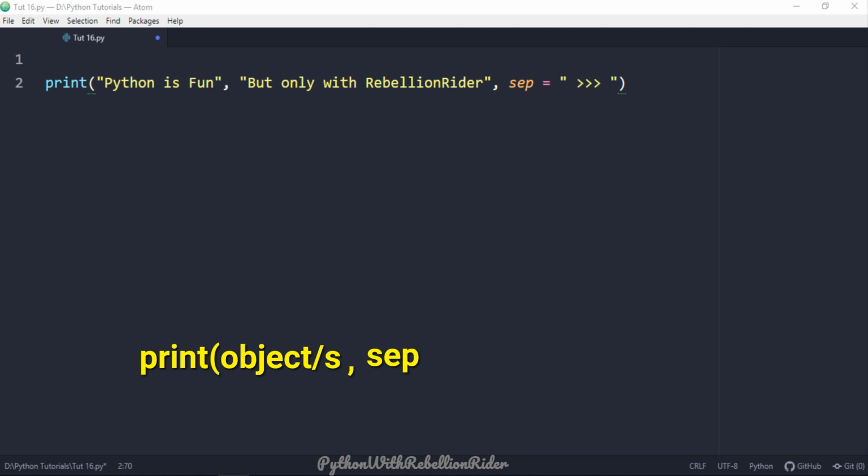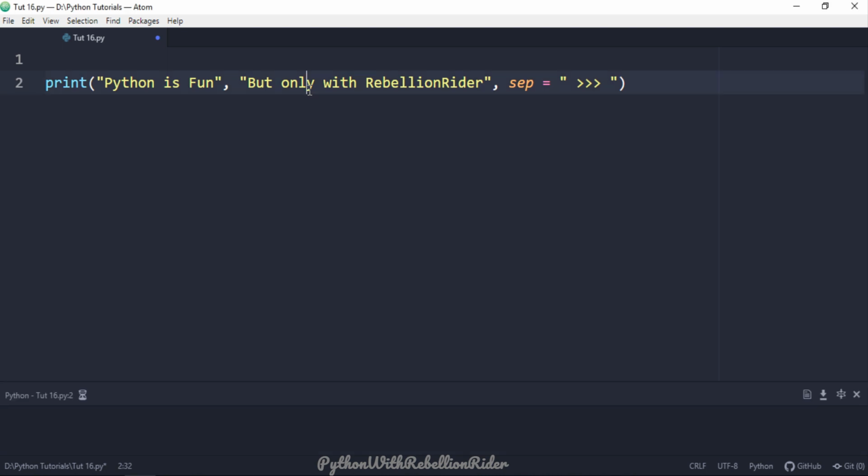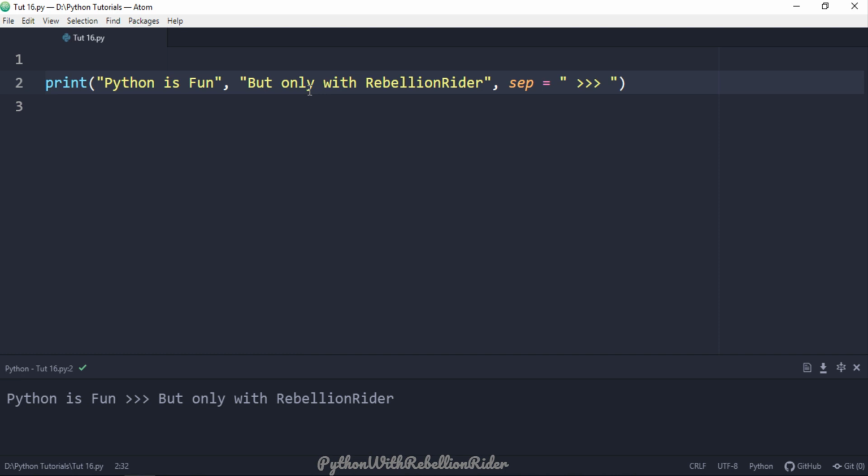Followed by the keyword, you have to specify your desired string which you want to place between the objects. This string must be enclosed inside a pair of quotes. It could be a single quote or a double quote. Let's execute this Python print function call and see the result. As you can see, this time both the strings are separated by a triplet of greater than sign instead of